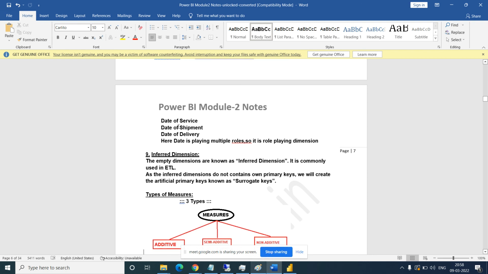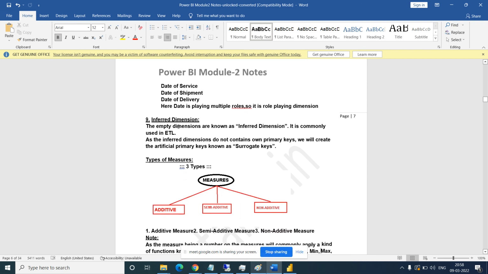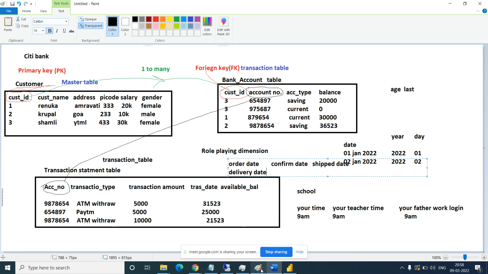Then there is an inferred dimension also. Inferred dimension is nothing but some surrogate key. So what is the inferred dimension? Let's say in your data set you don't have any primary key, but you want to create one primary key. So you will create a surrogate key, an artificial key, that is called the inferred dimension.